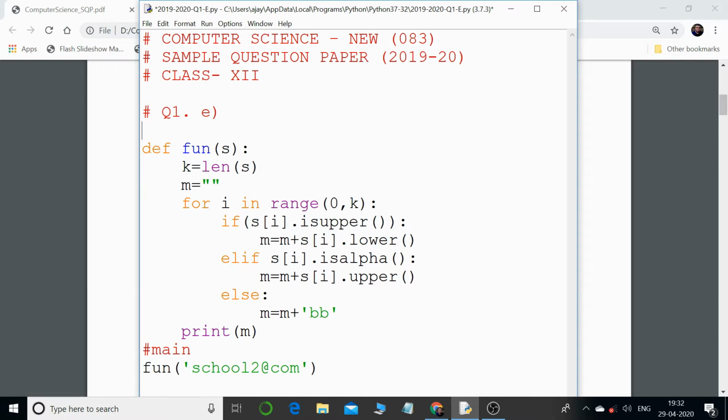In this code there is a function called fun, and it has its definition, and then this is the main program. The main program starts from here, and in the main program directly there is a function call, so obviously the controller is going to jump to this function and execute the lines of code. That's the only one statement in the main program. So let us understand this function now.